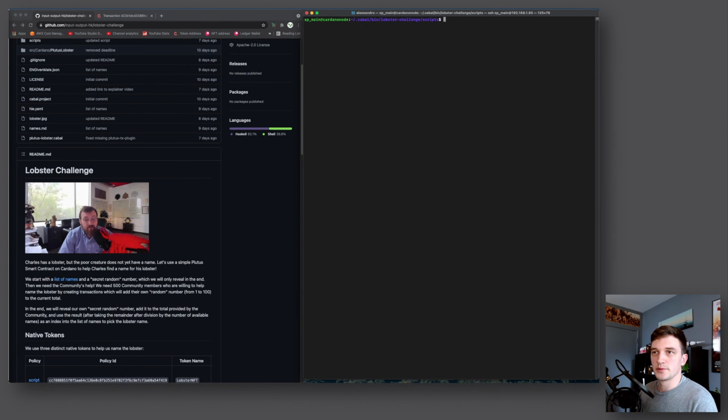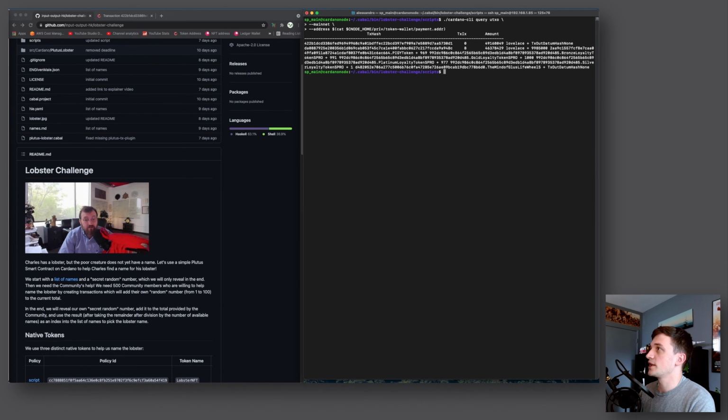And next thing we'll do is we will copy our payment skey and our payment address into the scripts folder. And after that, we'll check our UTXO balance of our local wallet. In order to do this challenge, you have to have a UTXO that only has ADA on it. So you can see here, there's one UTXO that only has ADA on it. There's another one that has a bunch of other stuff on it, but make sure you have one that only